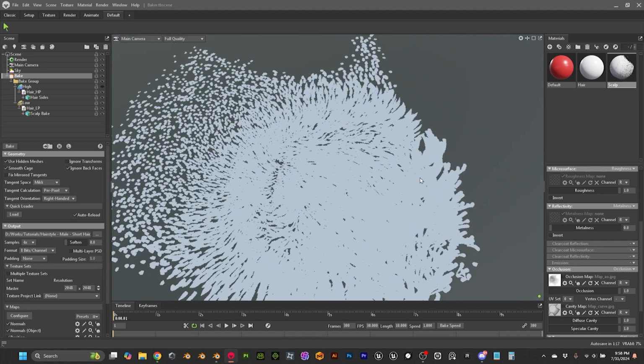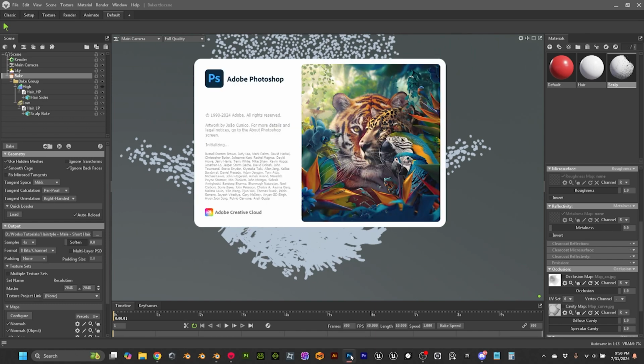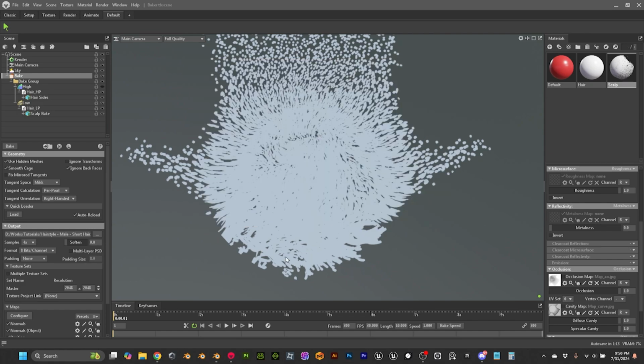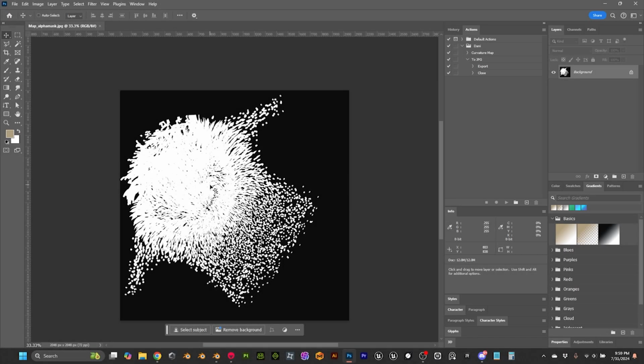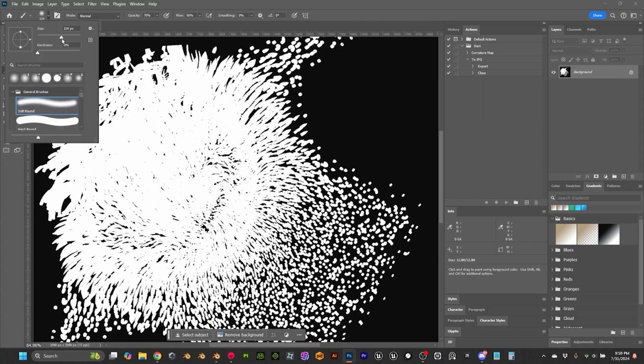So, yeah, what we could do to fix this, and this is extra. Again, we can spend so much time just fixing and refining stuff. I'm going to open Photoshop very quickly and work on a couple of things that I don't like. So what I want to do, I like the sides, but in the middle of the hair, what we can do is just